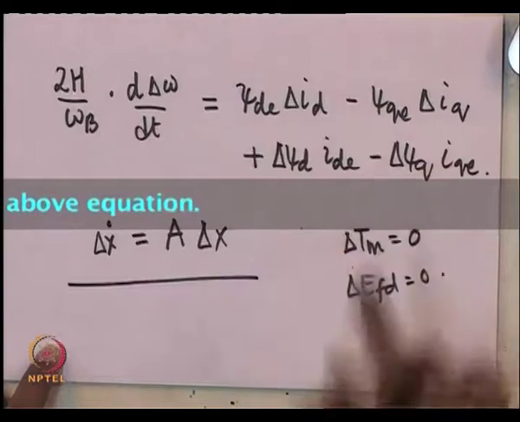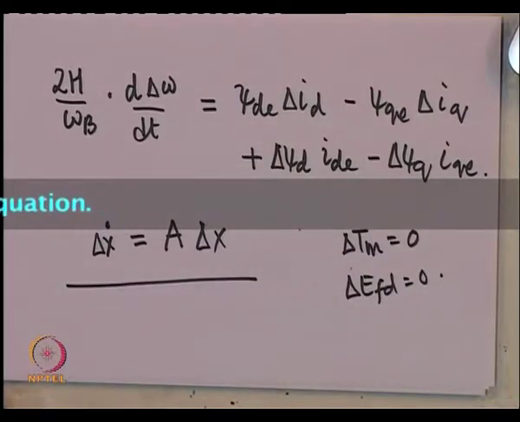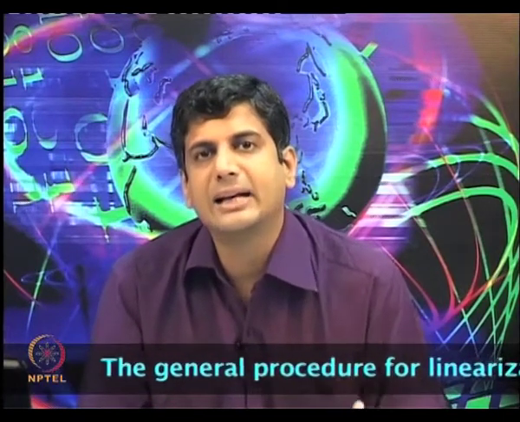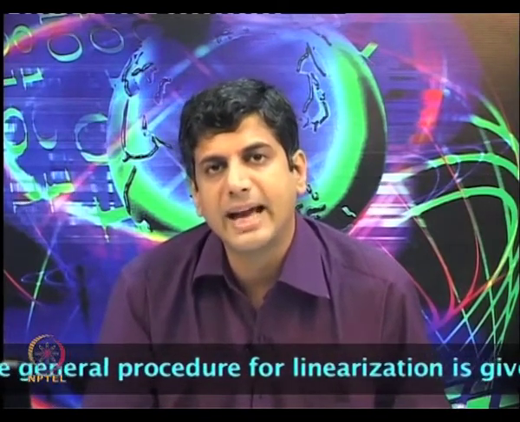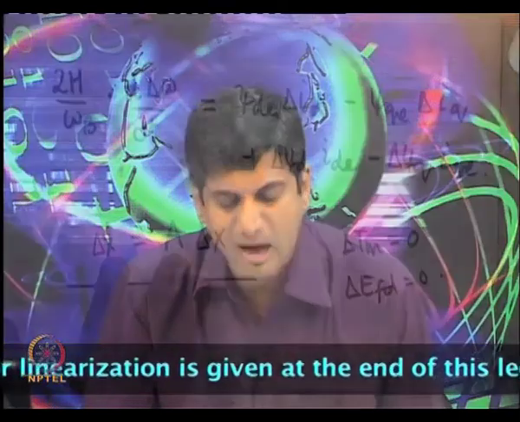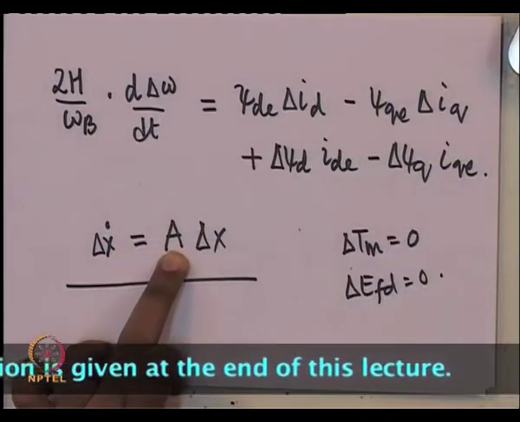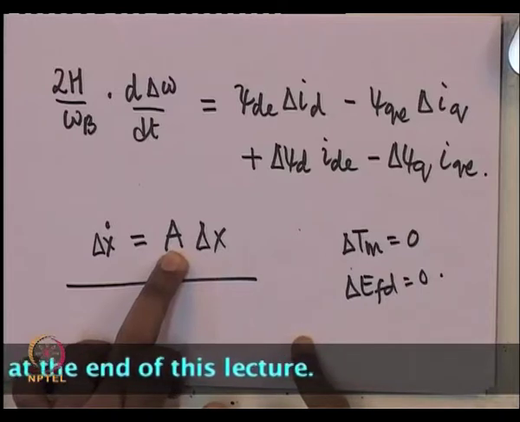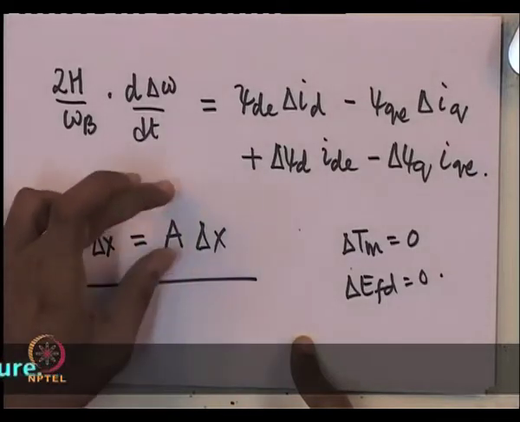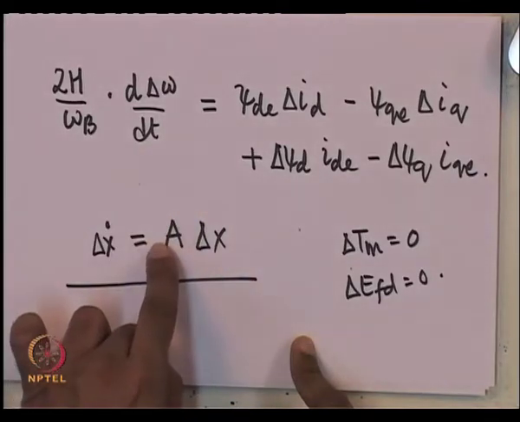So, I have just shown you how you can do the linearization. Okay. So, I request you to go back and just try to do the full system linearization and get it in the form delta x dot is equal to A into delta x. The properties of the transients for small disturbances around the equilibrium can be got just by analyzing the eigen properties, that is the eigenvalues and eigenvectors of the resulting state matrix, the A matrix. Of course, A now is dependent on the equilibrium point, because it really has terms like psi d E and so on, but is a constant. For that equilibrium point, it is a constant, but it is a function of the value of the states